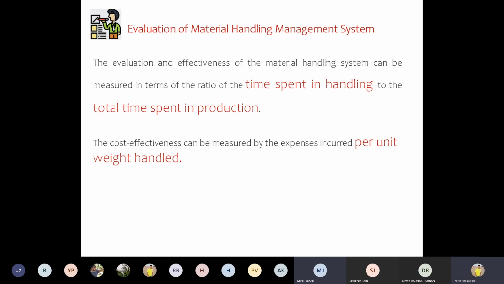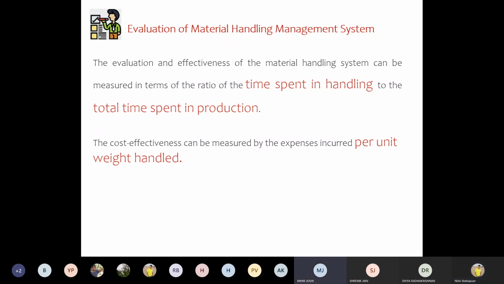Yeah, whatever you're saying is absolutely right. Actually, when we say it is not in hand, it means that it is out of control, but it is a purview of the material handling system. The time spent in handling is in our hands, but the transport of raw goods from the vendor to the actual production line might not be in our hands. But just because of that, what will happen? Time spent in handling will increase, na?